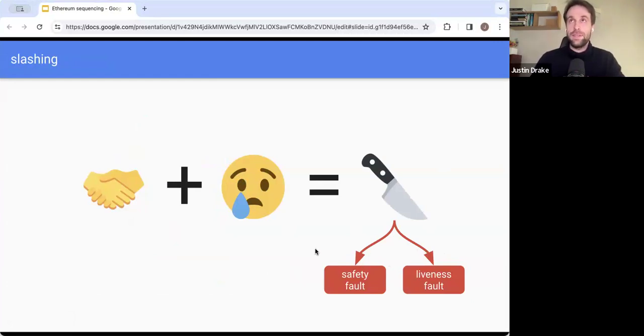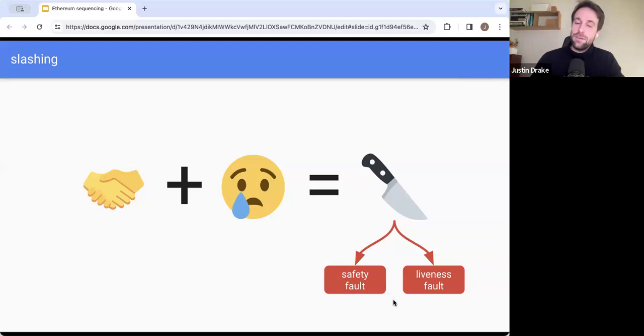Safety faults just says that a preconfirmer preconfirmed to some state A and to some state B, and these two transactions or states are inconsistent. And so one of them must not have occurred, and therefore we can slash. And if you're an honest preconfirmer or sequencer, that should never happen. And so it's okay to slash with the full amount, because that should really never happen.